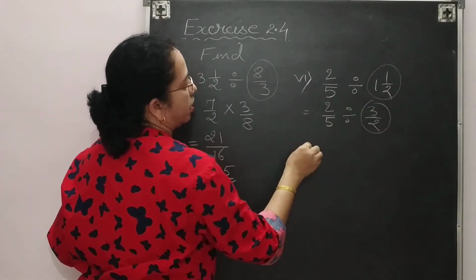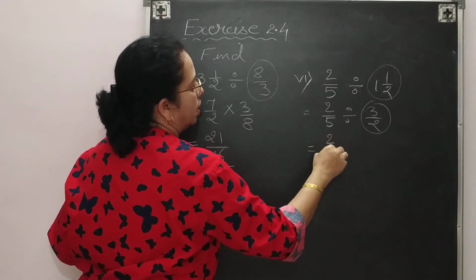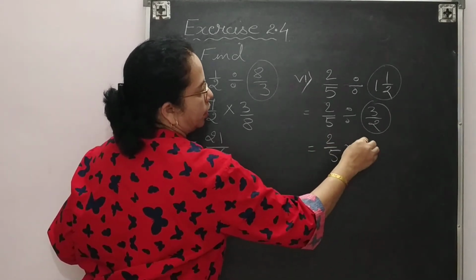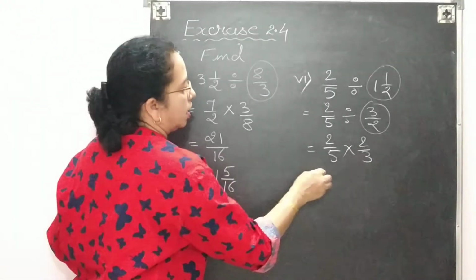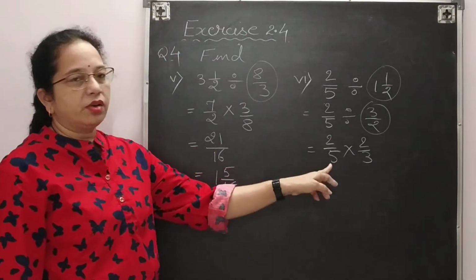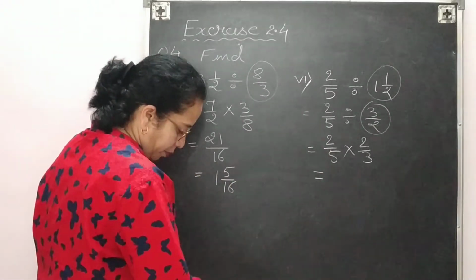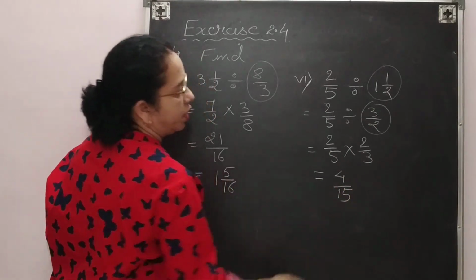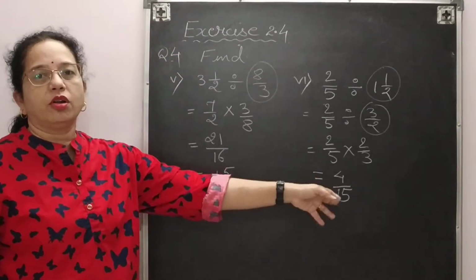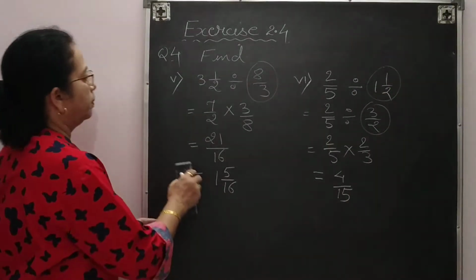Still we need to take the reciprocal of that number. So now 2 upon 3. The reciprocal of 3 upon 2 will be 2 upon 3. Again you cannot cut one number from the numerator, one from the denominator. So multiply numerator with numerator and denominator with denominator. Since the numerator is smaller, this is the answer.